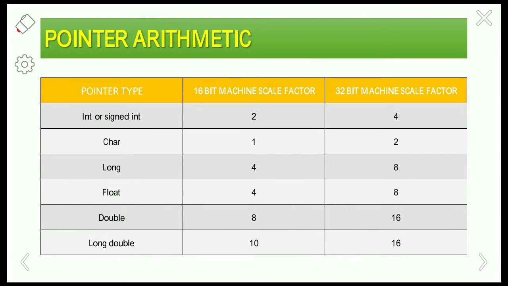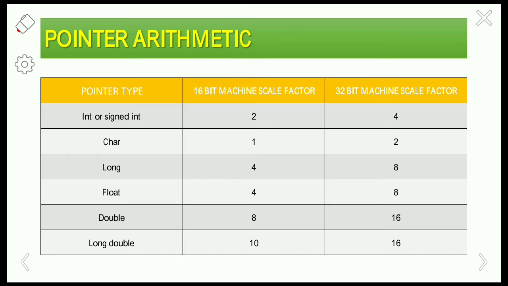In this video we are going to learn about the pointer arithmetic concept in the C language. Arithmetic on pointers is different from the arithmetic operations on normal variables. The arithmetic on pointers focuses on the address of the variables rather than the values of the variables. We know that a pointer is pointing to some address of a variable, right? So that's why the pointers concentrate more on the address of the variables than the values of the variables.